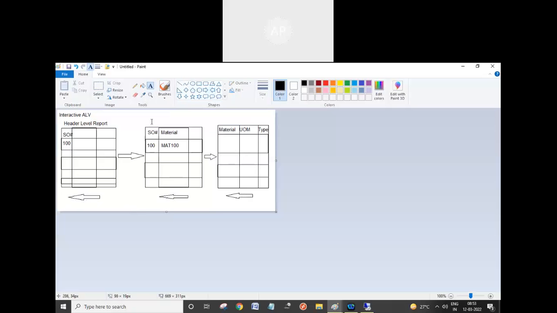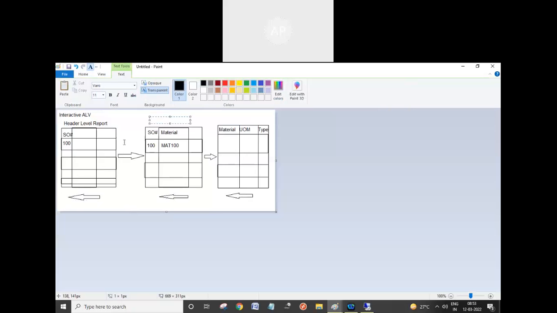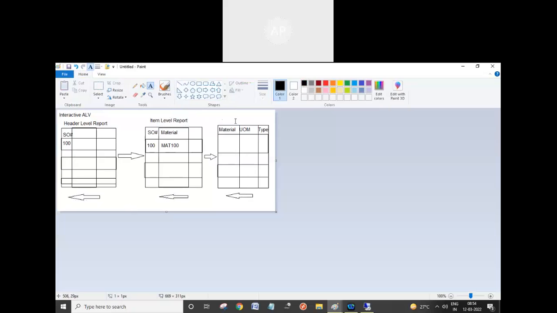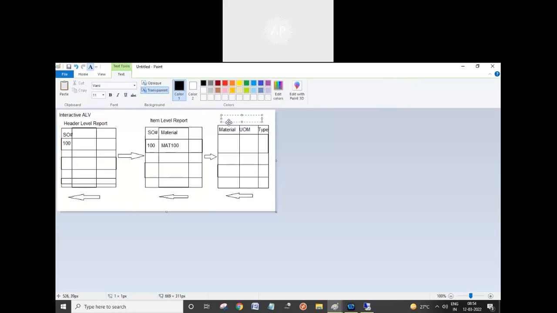Again, when you click on other sales order number, it should display item level data, and when you click on material number, it should display material level data in a separate ALV. What do you call this? Interactive ALV. Yes.